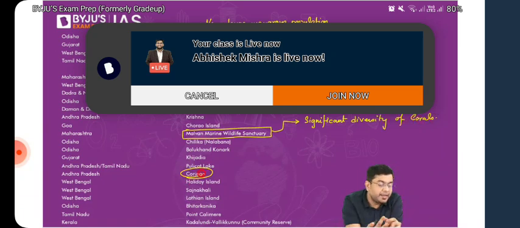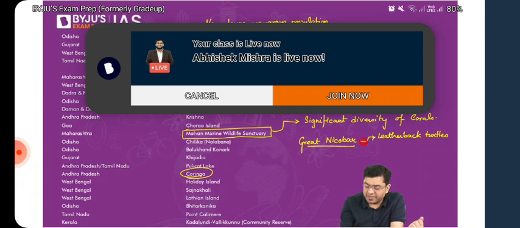Now, when you talk about the region of the Andaman and Nicobar Islands, there you have the Great Nicobar. There also it is a kind of a marine protected area. Now, in the region of Great Nicobar, you will find the leatherback turtles. Leatherback turtles are one of the largest turtle species across the world. So they come for the nesting and the hatching exercise. That is when they come to the tropical waters. Otherwise, they will swim away to the cooler waters in general. So, when we talk about the Great Nicobar, there you will find leatherback turtles.